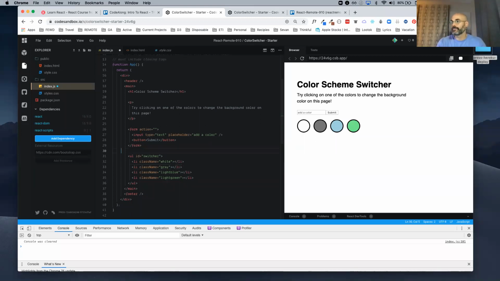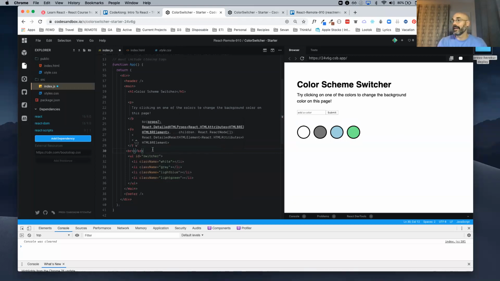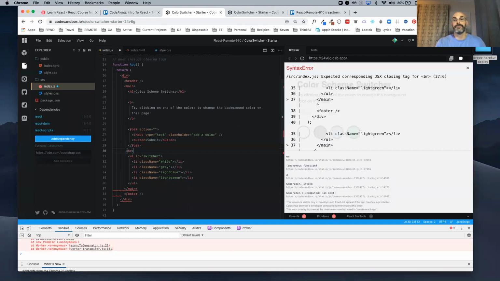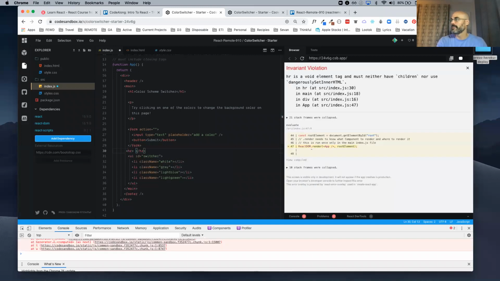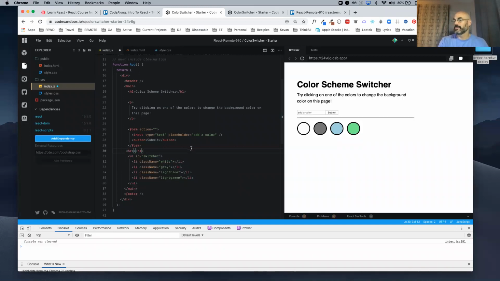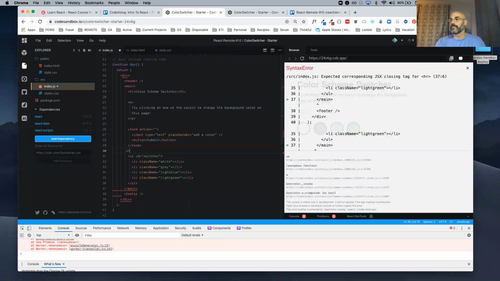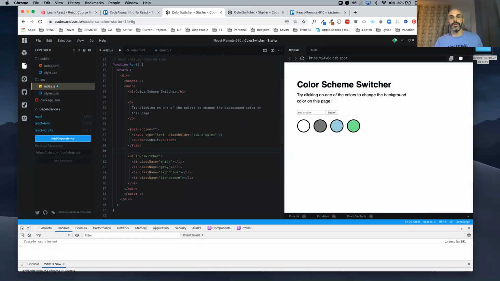Let's take a look. Look, it added it. It breaks it, right? So it has to have an opening and closing. I think even an HR also, right? That would have been a line. But if I try to get rid of this, it breaks it, right? In normal HTML, that would have worked. I do it all the time. Put just a single HR, single BR. You never have to add an opening and closing, but here you do.